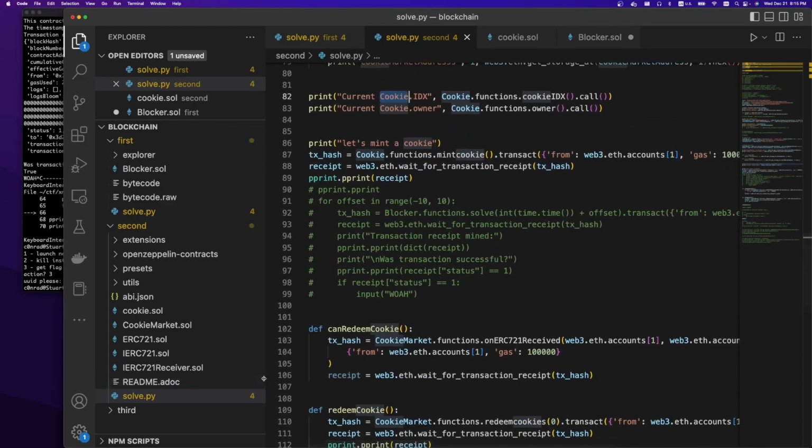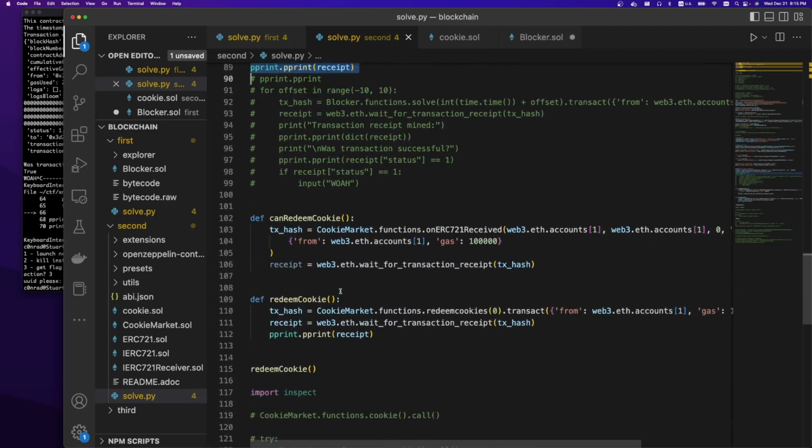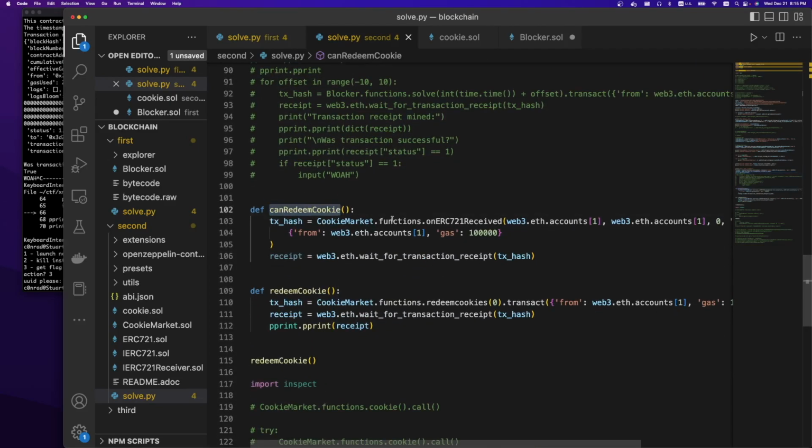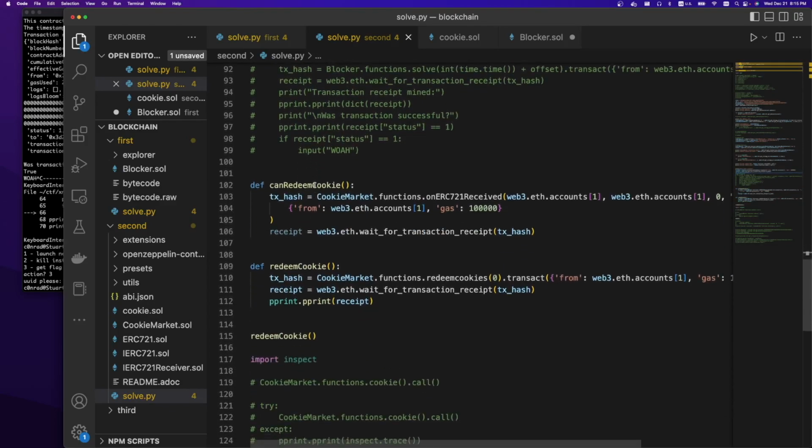I had a lot of trouble with this at first. It's very important that when you do functions.mint cookie, that you close this. If you call it like this, you get a very weird error that took a while to debug. But you get your transaction, you wait for the transaction, you get your receipt. It was valid. So then we're going to check. Sorry, I don't think we're minting a cookie. Oh, I think I mint a cookie just to see what happens, but we don't actually have to do that. My bad. What you need to do is redeem a cookie,